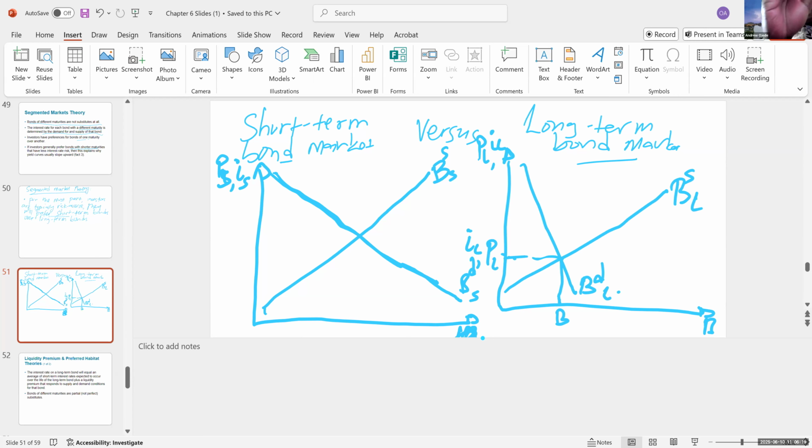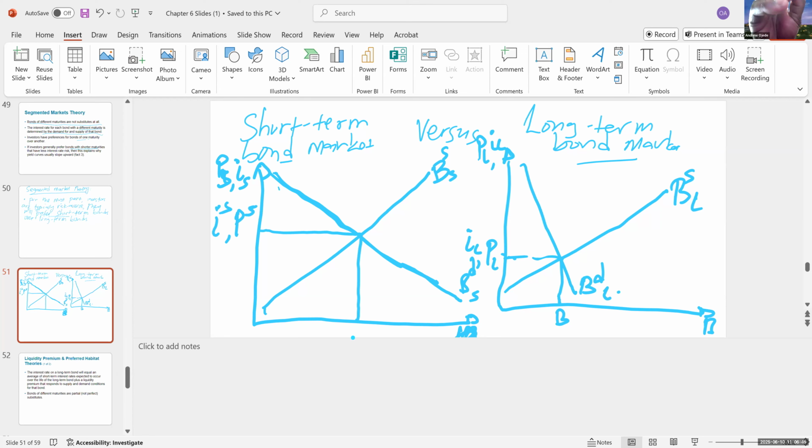Meanwhile here, because the demand is relatively bigger, the bigger the demand curve, the flatter it is. See, this demand curve is a lot flatter than this one. This one is much steeper. So this means, because most investors are typically risk averse, they prefer short-term bonds. It means the demand for short-term bonds is going to be bigger than the demand for what? Long-term bonds. So this is going to determine the price of a short-term bond and a corresponding interest rate on